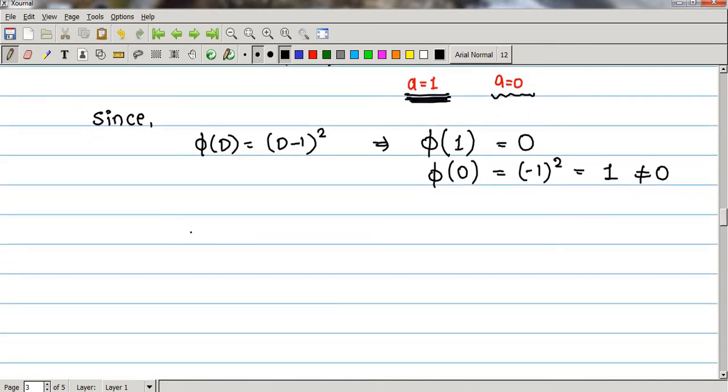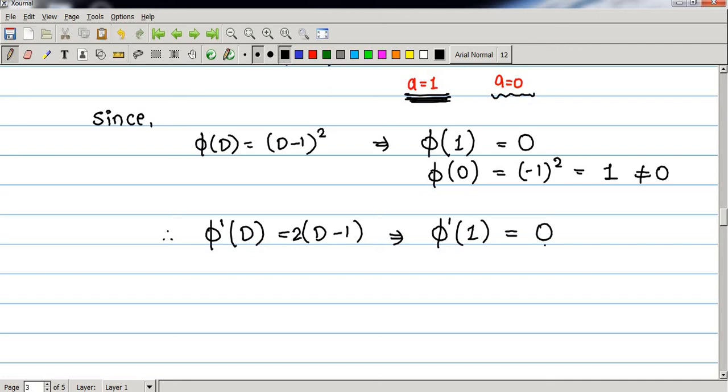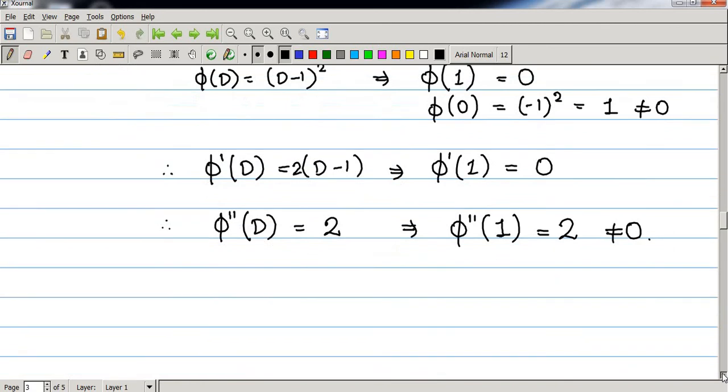For a equal to 1, a case of failure exists, so we differentiate the auxiliary equation. The derivative of (D minus 1) bracket square will be 2 times (D minus 1). Now we replace D by 1. This value is again 0, so again there is a case of failure. So we again differentiate it. This value is equal to 2. Now we replace D by 1. It is equal to 2, which is non-zero. Therefore